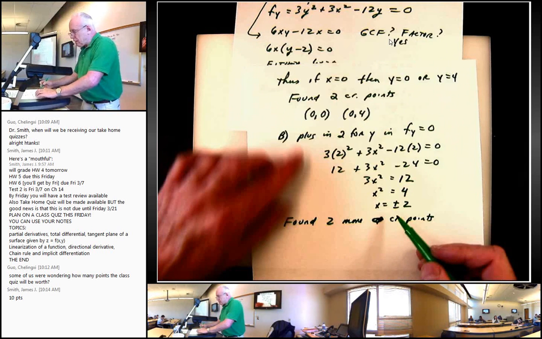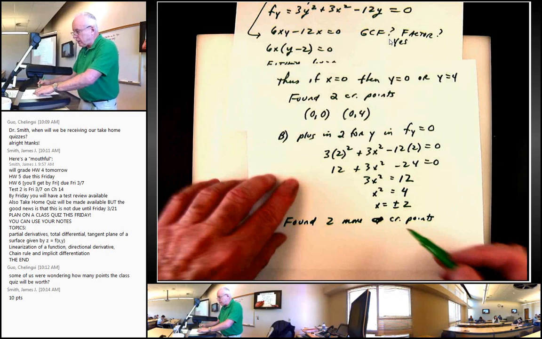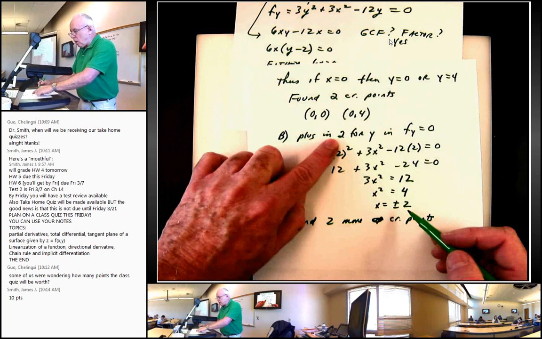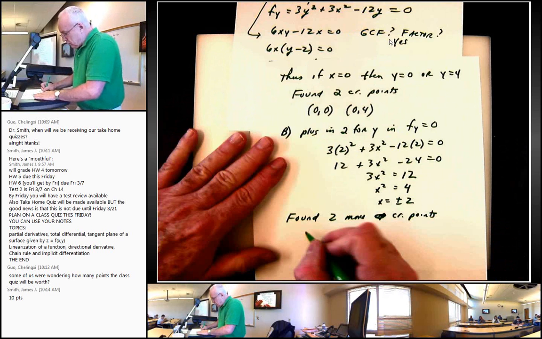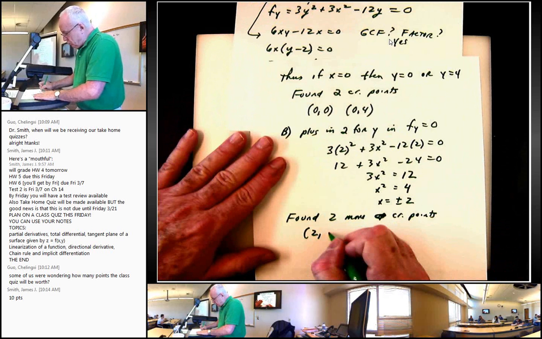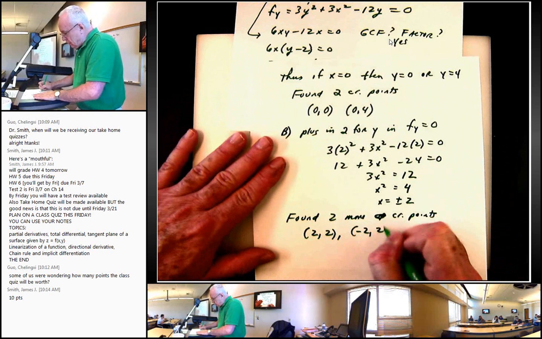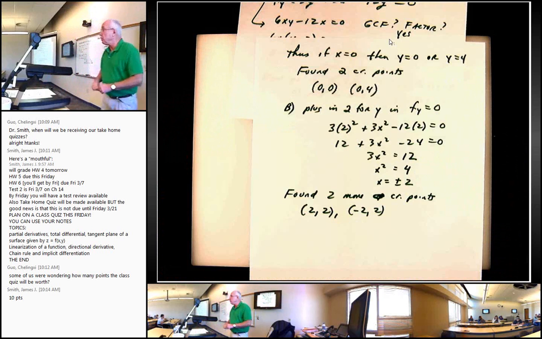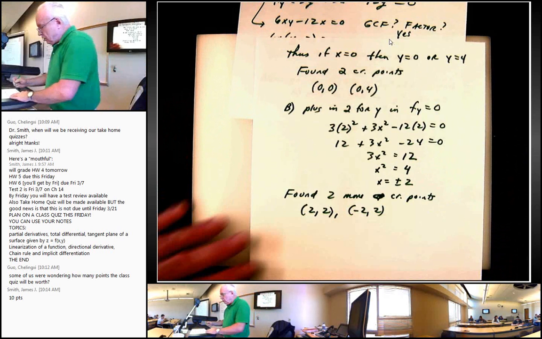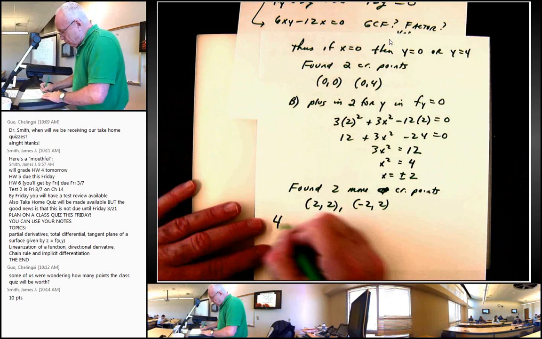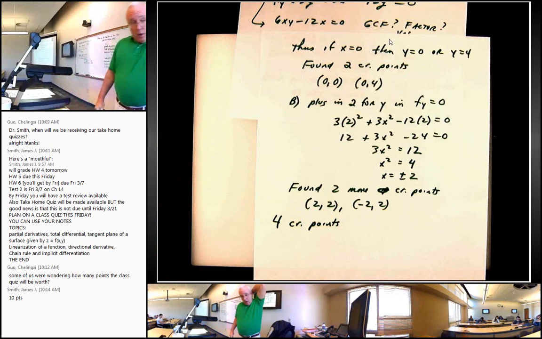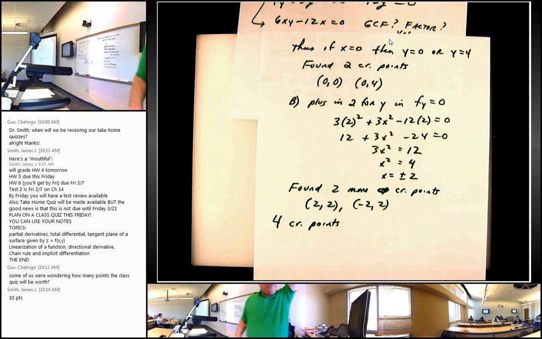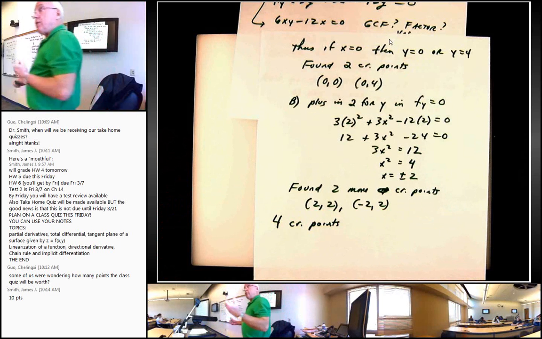Okay, now don't get your x's and y's confused. This is y is 2 and x is either plus or minus 2. So this is 2 comma 2 and minus 2 comma 2, my other 2 critical points. So now we have 4 critical points altogether. All right. Okay, and so this is all just the first part of this thing, just finding the critical